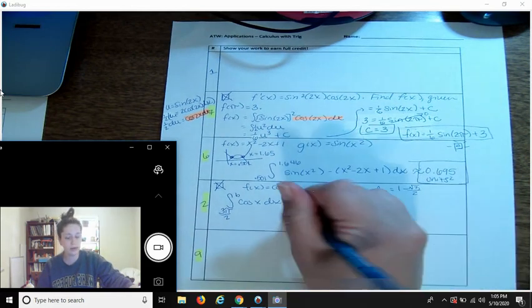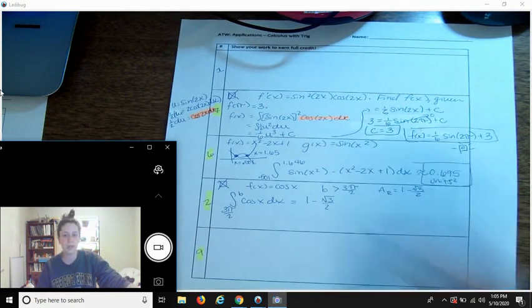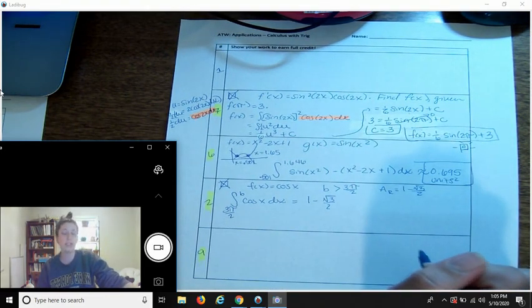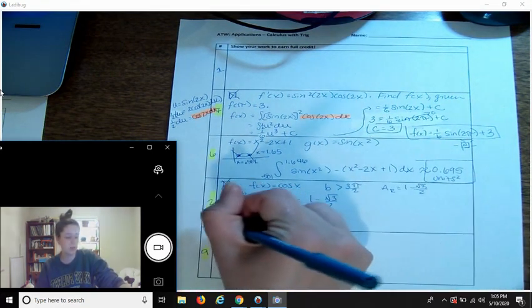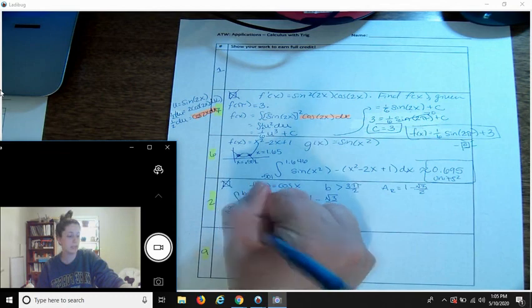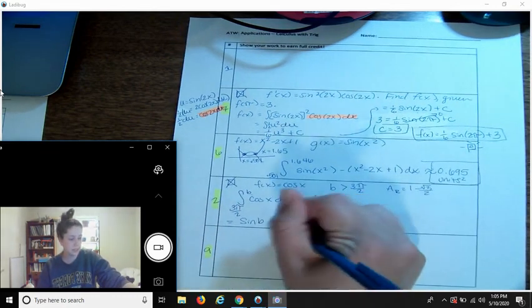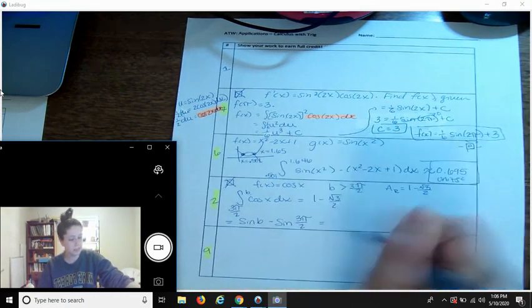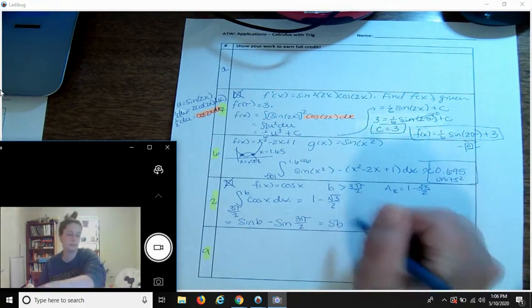And we know that that integral should give us 1 minus root 3 over 2. Okay, so we're going to have to do the algebra here, but it's not so bad because the integral of cosine is just sine. So this should be equal to sine. I'm going to sub in my upper limit first, b, minus sine of 3 pi over 2. And this is going to be equal to sine of b, because